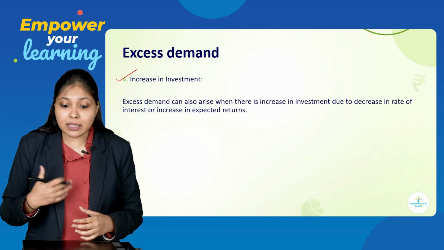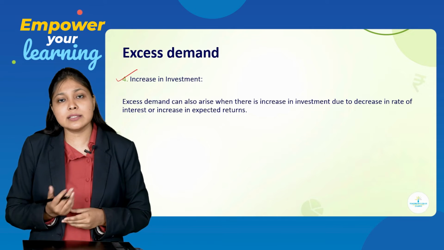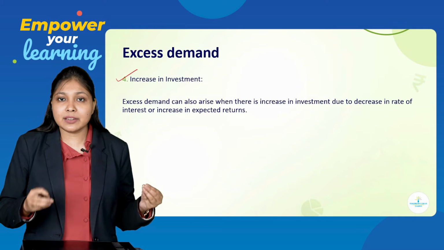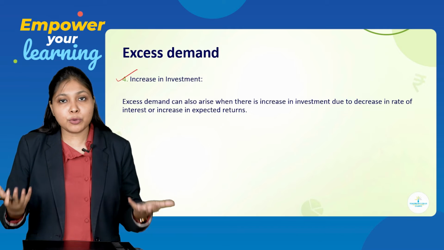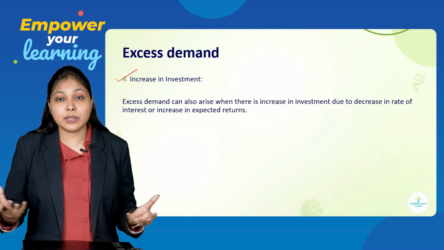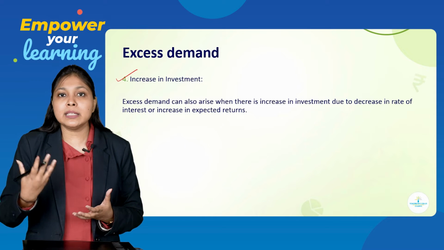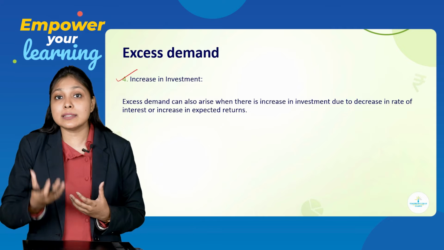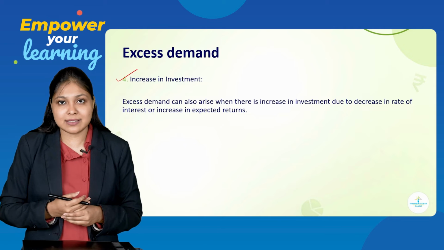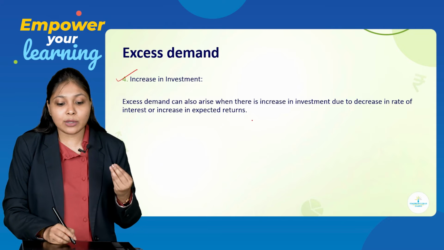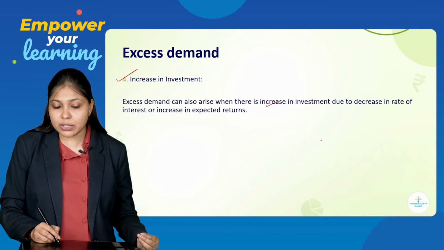So if there is increase in investment due to decrease in rate of interest or increase in expected returns, for example, the rate of interest has reduced. So people will borrow more. People will borrow more means there will be more money circulated in the economy, more money supply in the economy, and more money in the economy means more consumption, and more consumption means more demand for goods and services. So excess demand can also rise when there is increase in investment due to decrease in rate of interest or